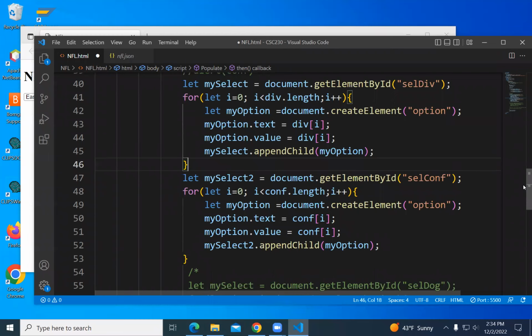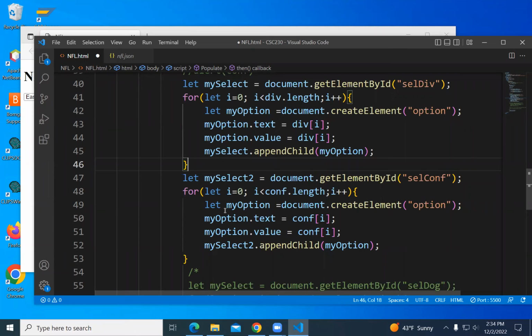I got a little squiggly on line 47 on my select because I had already declared it with the let. I said I'm going to have something called my select, and it was yelling at me to say, you already have such a thing. It did not yell at me for my option. I have a let my option in 42, and it's not complaining about 49, because it's local to the loop.